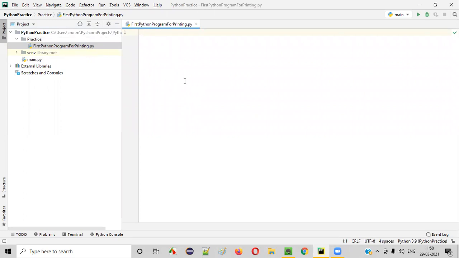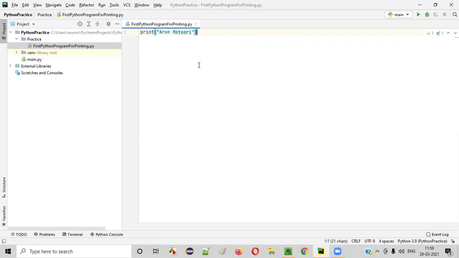Now here I am going to write the print statements. So I'll simply write print, as you can see, print in Python, and in the double quotes whatever you want to print. When you run this program, whatever you want to get printed in the output, just type here guys. So I'll type my name Arun Moturi, print Arun Moturi. When I run this code, you don't have to provide any semicolon like other languages guys, it's not required. Simply type print, and inside that, in the double quotes, you just provide the text guys.